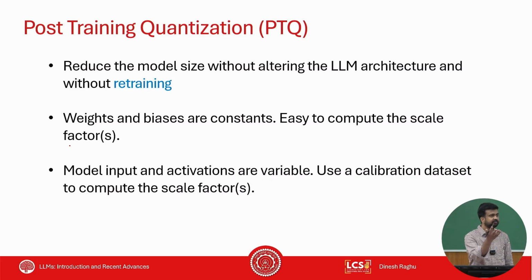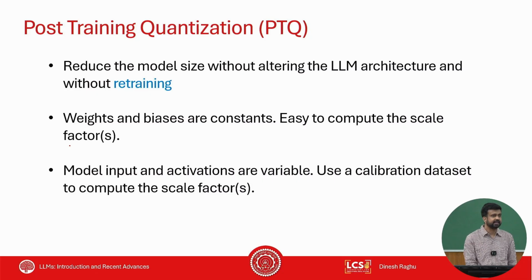When you look at the weight matrix, you look at it one vector at a time. Whatever quantization I discussed just before is called symmetric quantization, because 0 is represented using 0 in the quantized format, and both positive and negative go through the same value, right? But there are other asymmetric formats where 0 is not mapped to 0, and the absolute values of the negative minimum and the maximum are not the same. There, in addition to scale factors, you will have other constants as well. Since weights and biases don't change over time, it is easy to compute all these scale factors and other constants and then keep them fixed, right?